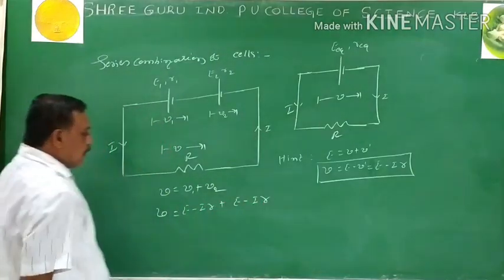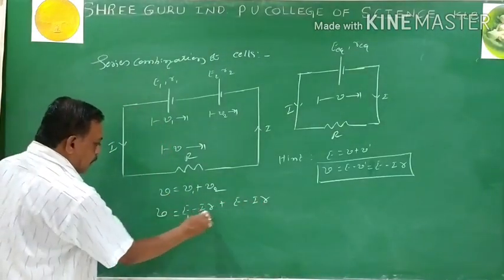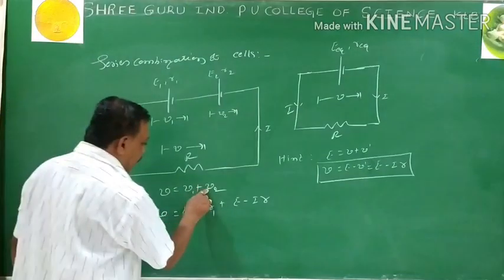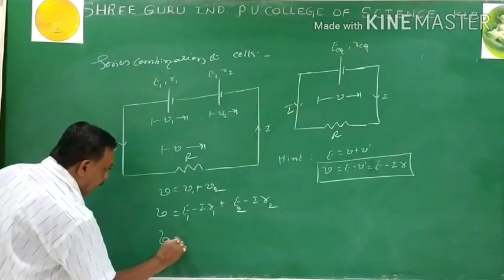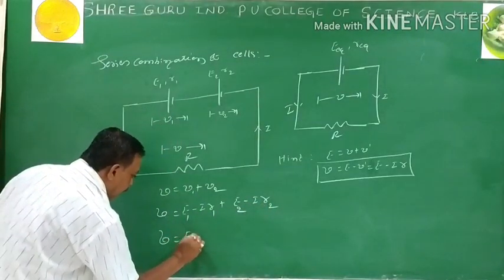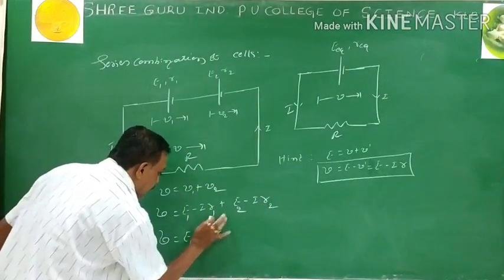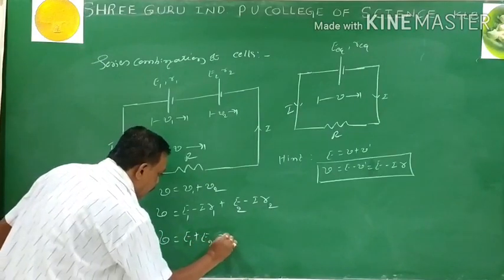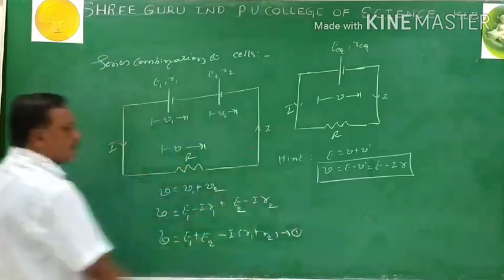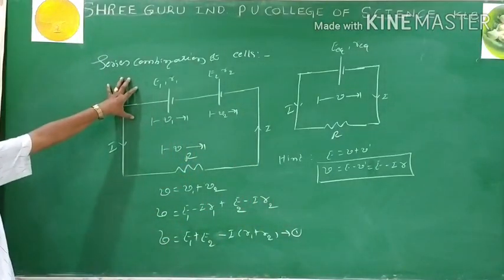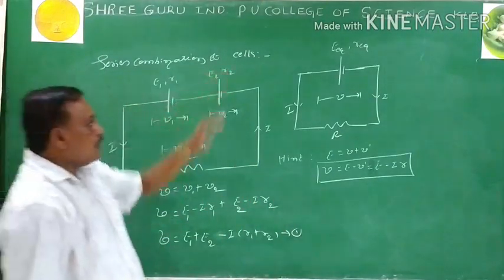V1 is across E1, which has internal resistance R1. V2 is across E2, which has internal resistance R2. Then I take the common term I: V equals E1 plus E2 minus I times R1 plus R2. Shall I call this equation number 1? Now this equation is meant for the first circuit. From the equivalent circuit,